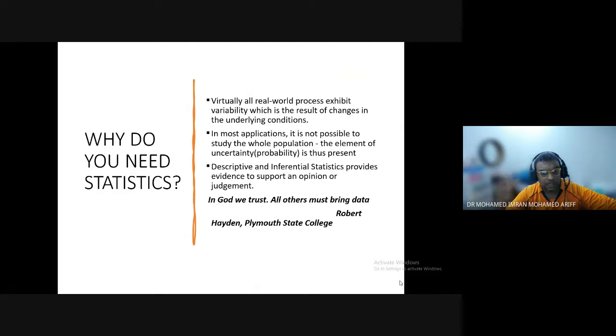And based on this population there will be some uncertainty. Is this person really living in this area, or maybe he just came to visit, so there's some uncertainty there. That is why we only take a sample